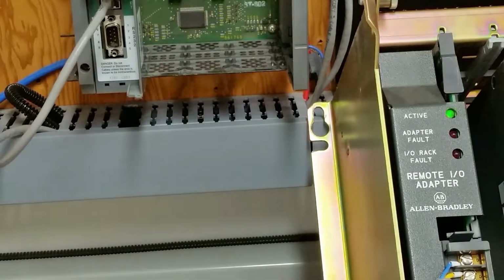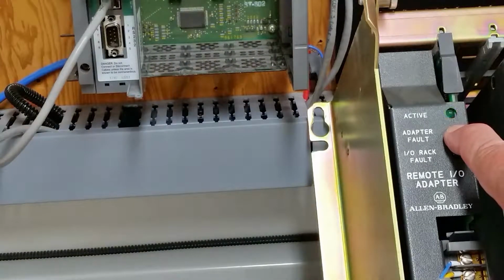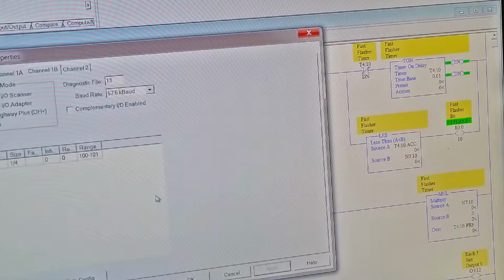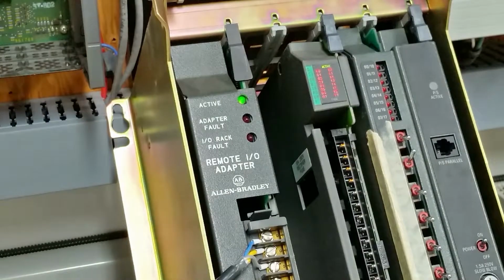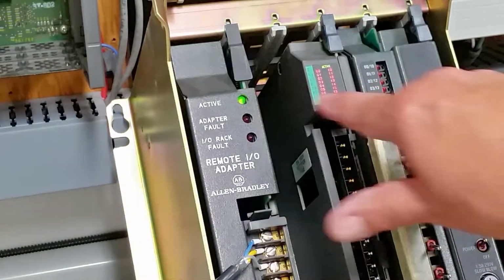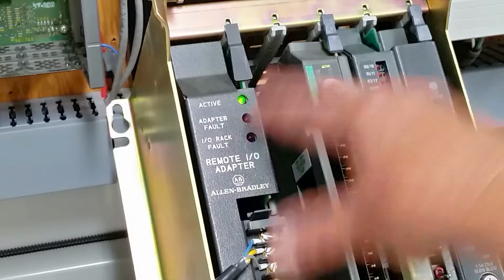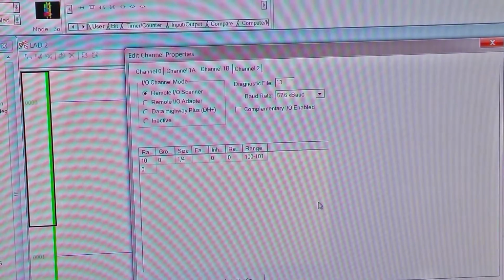And if we go look at our module here, you see how the light is flashing. It says, I'm communicating, but you're not in run mode. Go back here again. Change back to run mode. Yes. We look at our module, and now we got our solid green. Our lights are flashing on and off here, controlling through the program. Go back over to here,